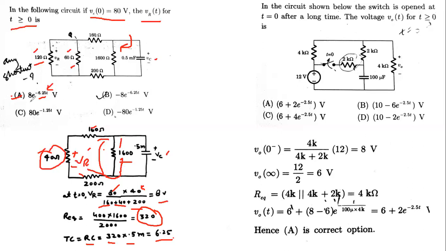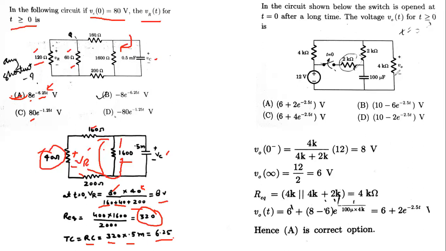Sometimes there may be another answer with magnitude 8 as well. So if we want to differentiate, the time constant is 6.25. So answer A is correct. So keep in mind some points: the time constant, that the capacitor voltage does not change instantaneously, and the capacitor voltage equation. Using these few points you can solve problems of the first order RC circuit. Now we are moving on to the second question.